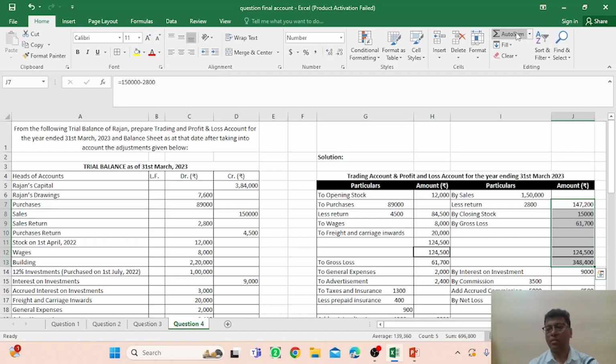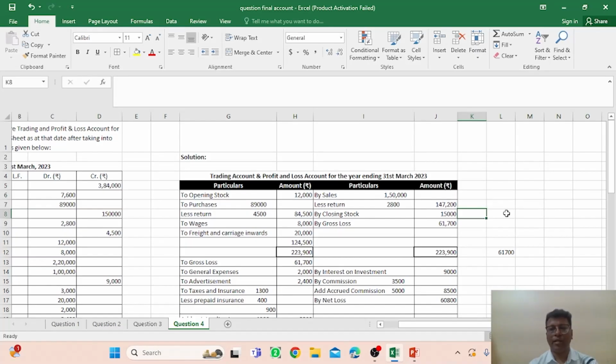Okay, the total is okay, we just delete it. Okay, and we try to find the total of this particular item, that is 2,23,900. And you have to take the total of this, right. So the total of this side is 124,500, right, and we can take this final figure of gross profit equal 223,900 minus 124,500, that is 99,400, right. So it is now gross profit,